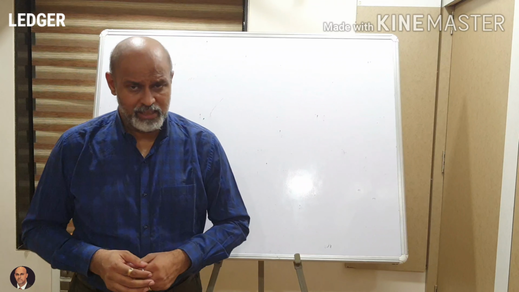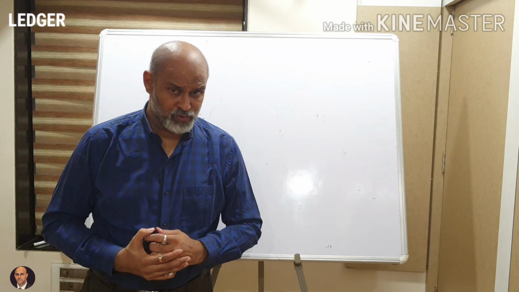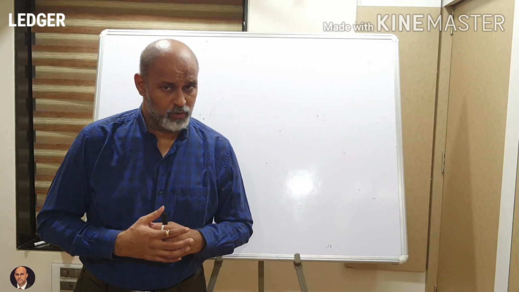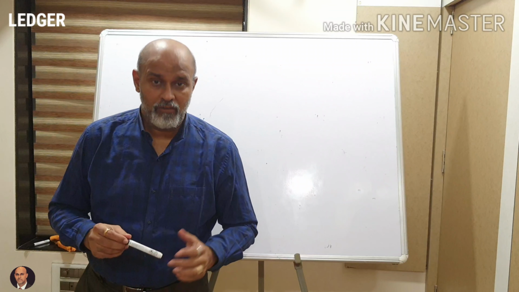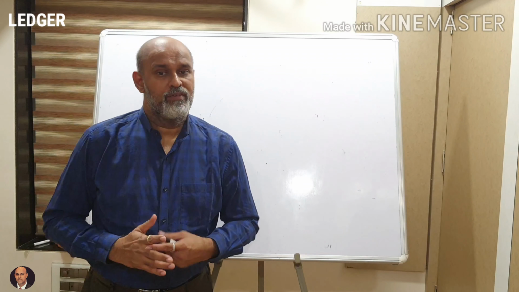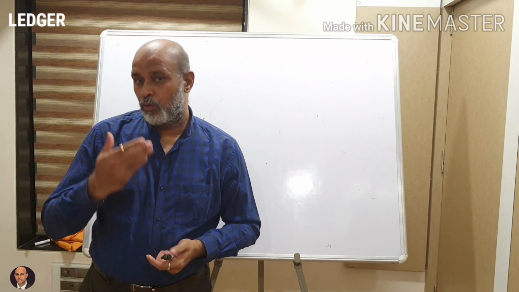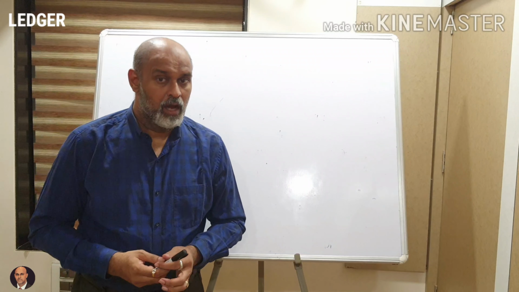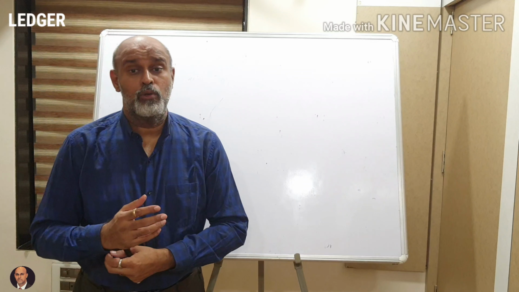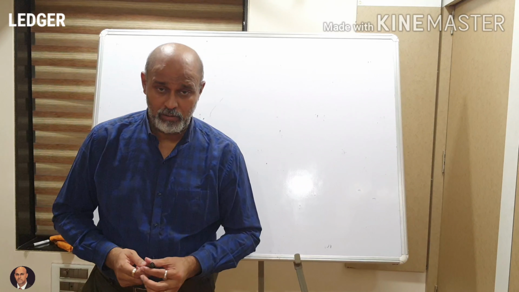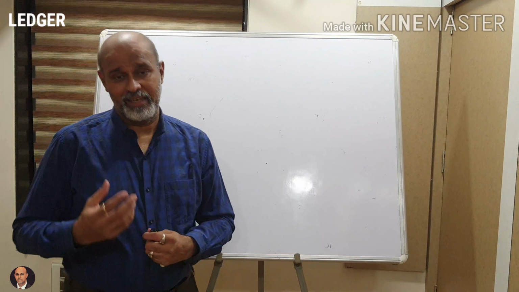Our journey towards the Ledger, the book of Ledger, will continue. We have to strengthen our base. So what we did so far when we started off with the Ledger, we did the rough postings and also a cash account. We also did a debtors account, and you had to do the same for an assignment. I hope your assignments are up to the mark, because please do it in order to have a better understanding of accountancy. Today I shall take upon another person who's known as a creditor.